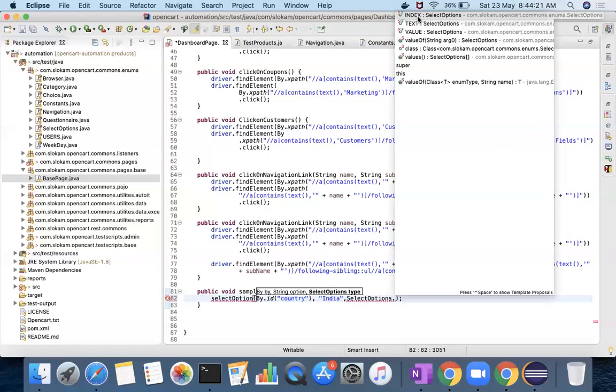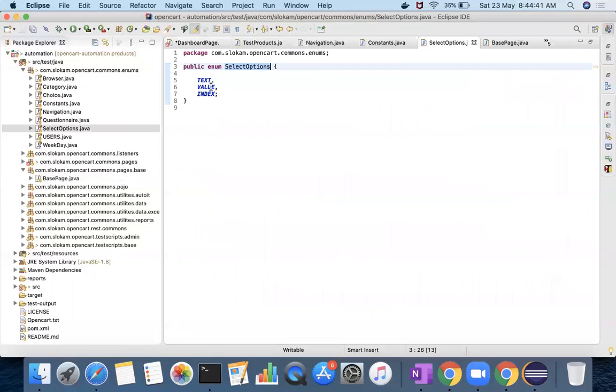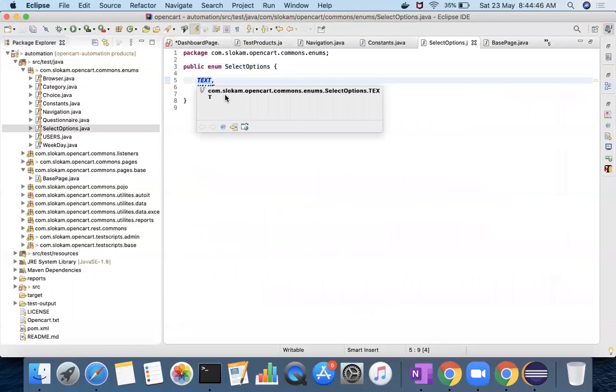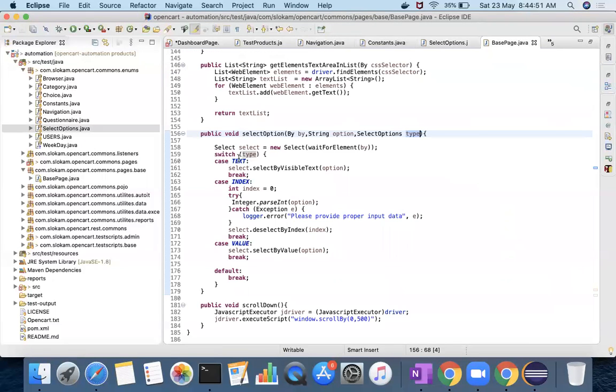Okay, let's say I want to use it for text. Now you see, select by ID, country, India, select option, and you are passing the text. So what does this text contain? It does not contain any value. In your code, there is this switch, and whatever value you pass will come here.